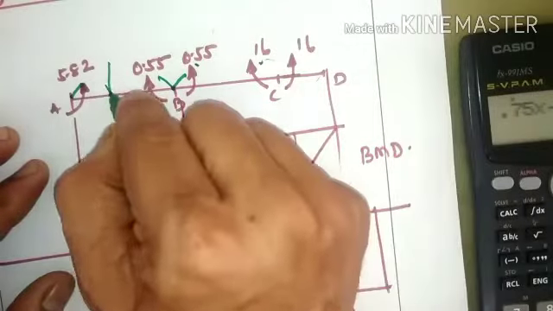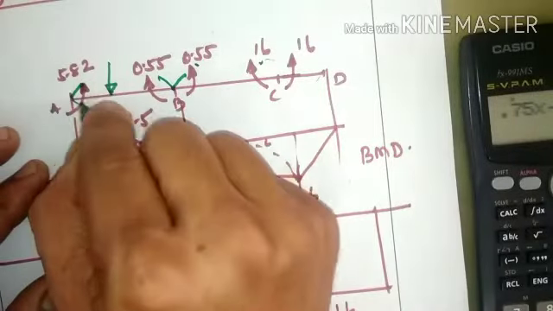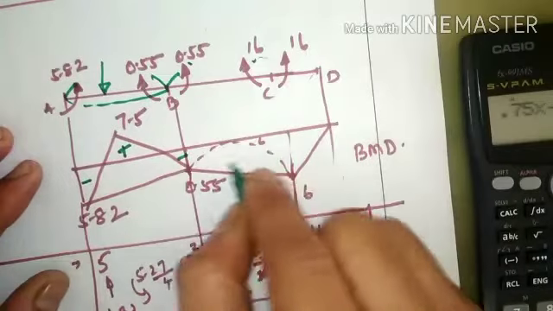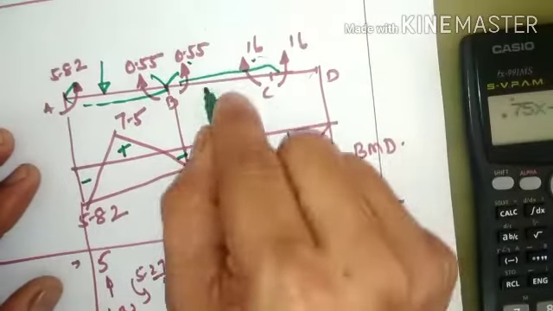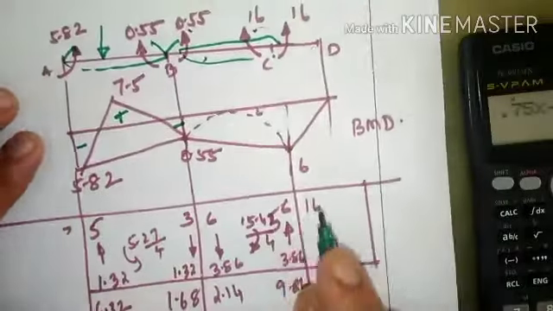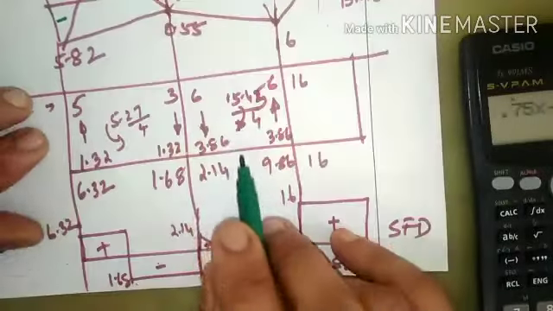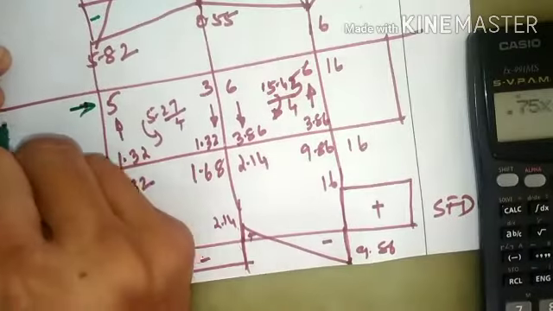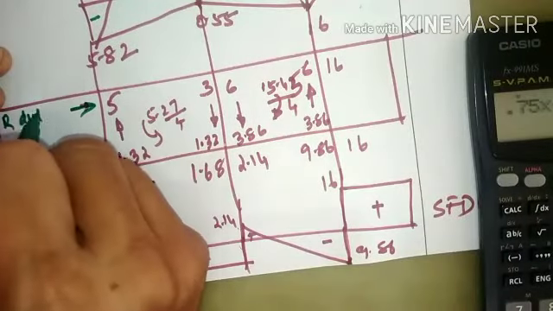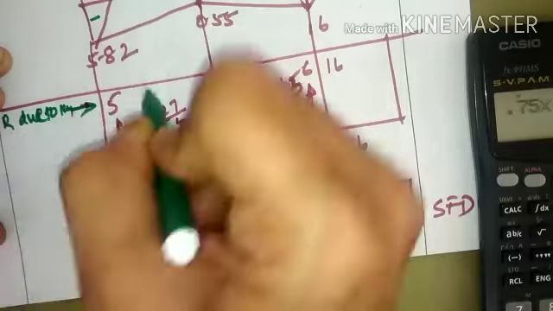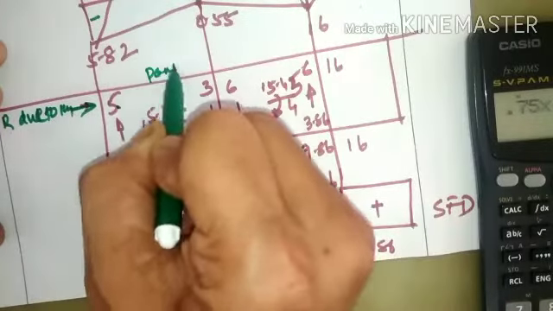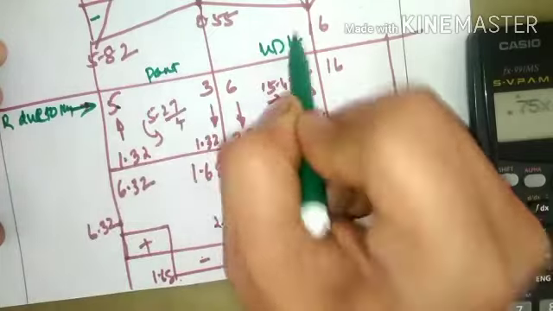On the other hand, you have a point load which will create sagging, which is positive here. Similarly, UDL will also create sagging, which is positive. So these are the bending moment diagram. Now coming to the shear force diagram. The first line will be the reaction due to load. Here it is the point load, here it is the UDL.